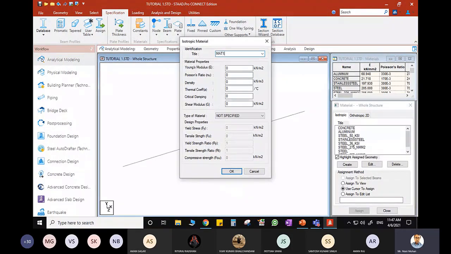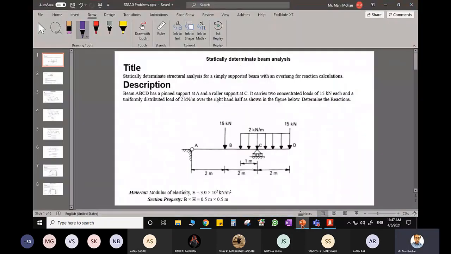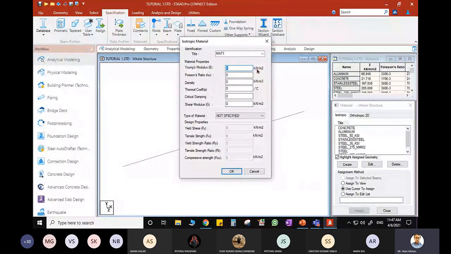So I'm writing material1. And what was the Young's modulus? The Young's modulus is defined as 3 into 10 to the power 7 kilonewton per meter square. The unit is already in kilonewton per meter square, so I can write 3E7. So 3E7 is nothing but 3 into 10 to the power 7. Other material properties I do not know, so I leave them blank.